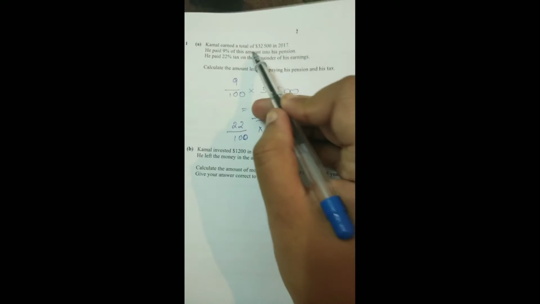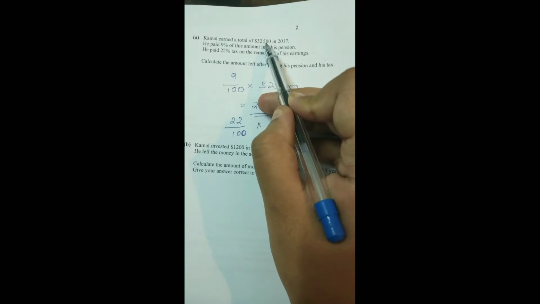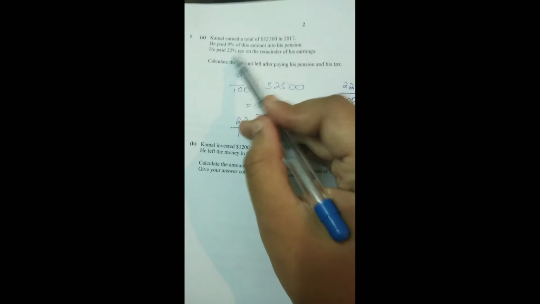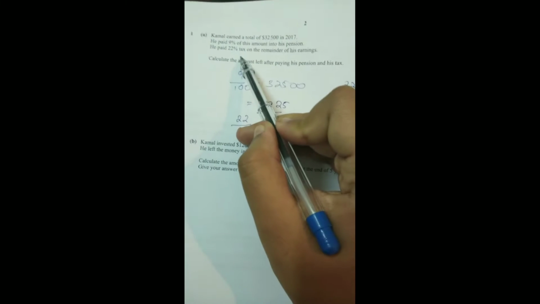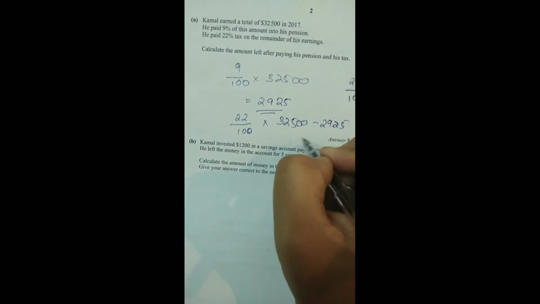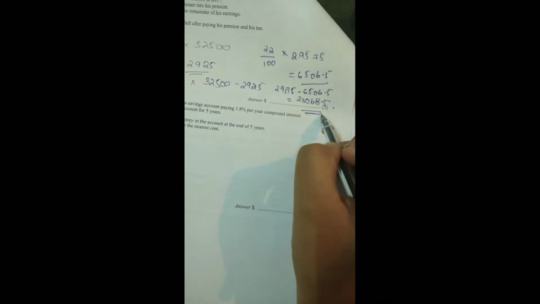So what we calculated is Kamal earned 32,500, 9% was pension, and 22% of the remainder earnings was his tax, and he got the leftover. This is our answer. So B part, Kamal invested